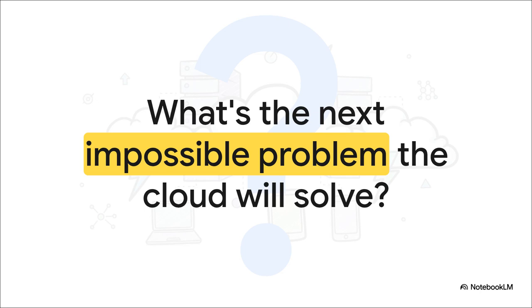So when you put it all together, the pay-as-you-go economics, the virtualization magic trick, those hyper-efficient data centers, and these powerful ways of processing data, you start to see that the cloud isn't just someone else's computer. It's something much bigger. It's like a single global computer built out of millions of interconnected machines. And that leaves us with one final question to think about. What's the next impossible problem that this global computer is going to solve?